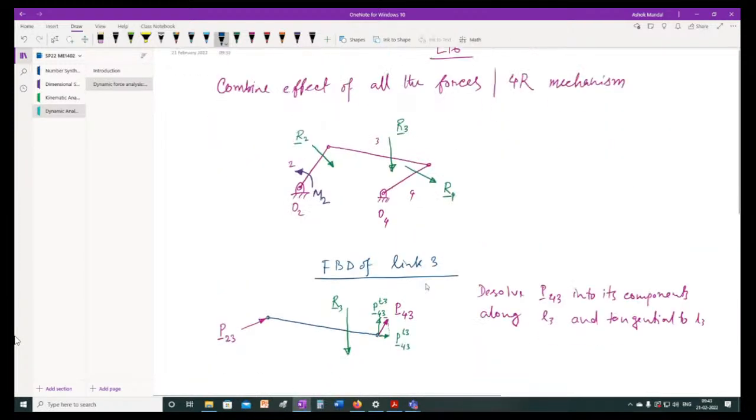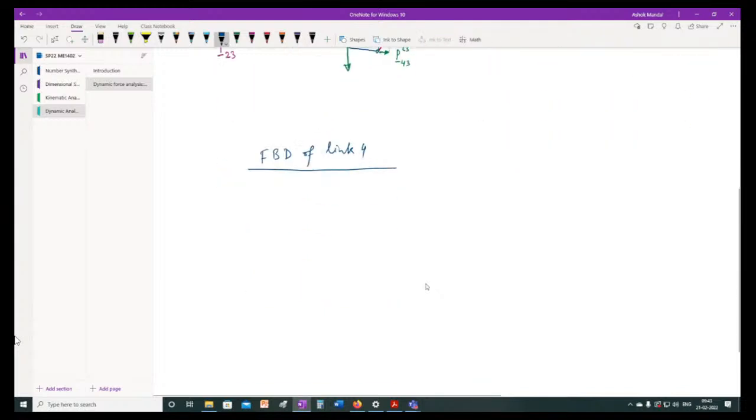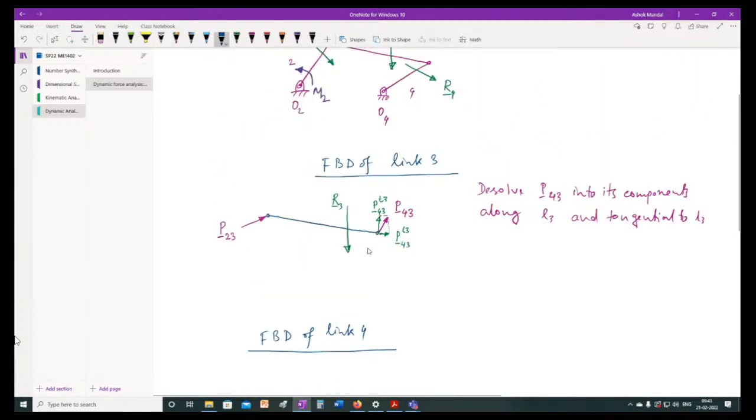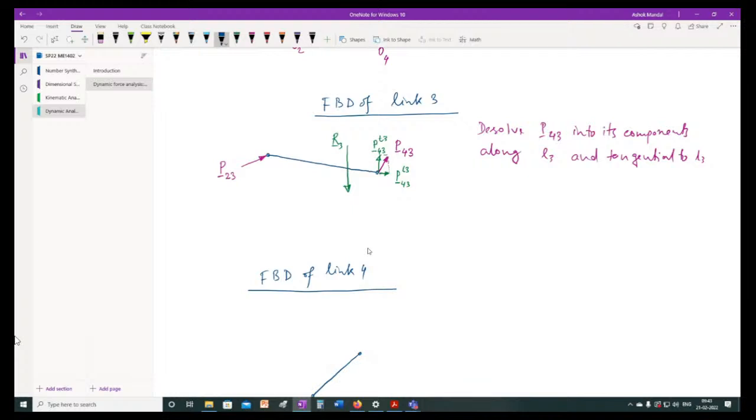So when you draw free body diagram of link 4, suppose this is our link 4, okay, which is subjected to some force here at the joint, which we will call P14, force exerted by link 1 on link 4. And now we will have another force which is exerted by